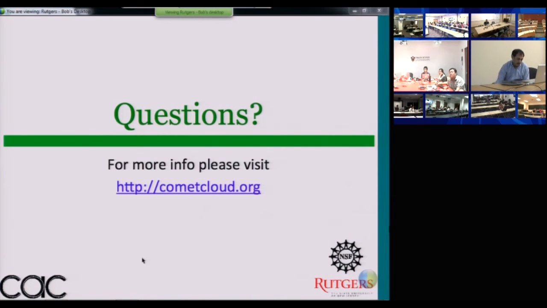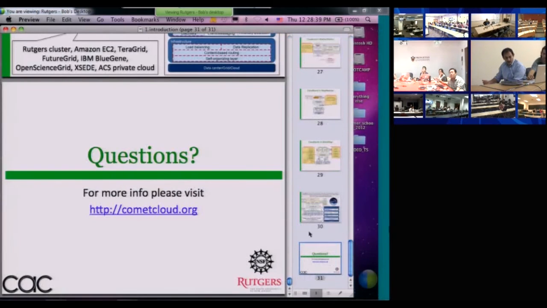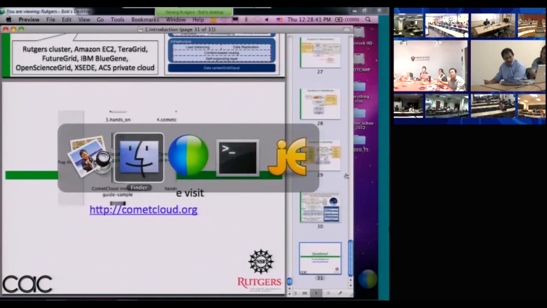So how do I add the layer of Comet between the application and the cloud? Okay, so that's a good question, right? It depends what your objectives are. If you want to, you could run the application as is on Amazon if that's what you want. But if you wanted to also run the application on Amazon plus your local cluster, that's when you would get benefits of